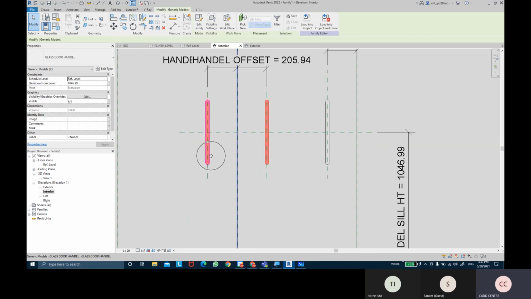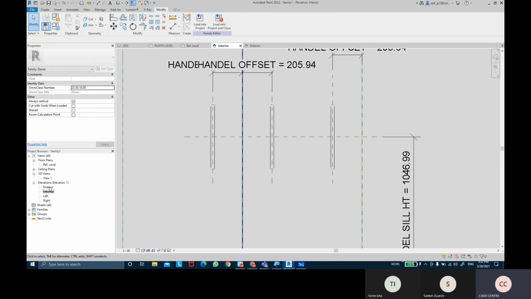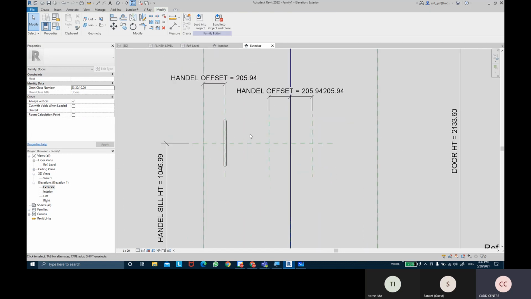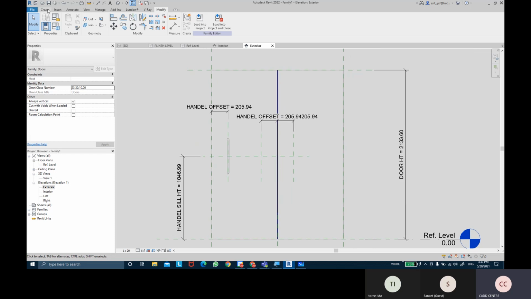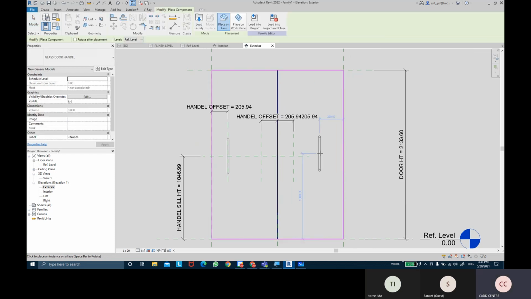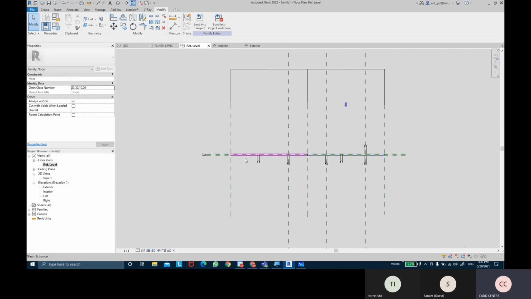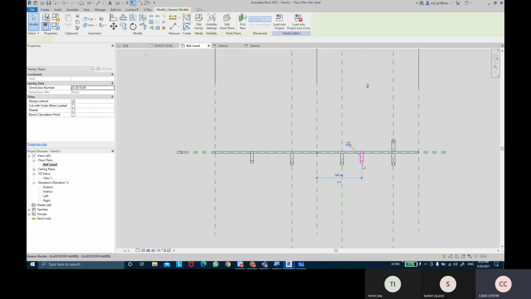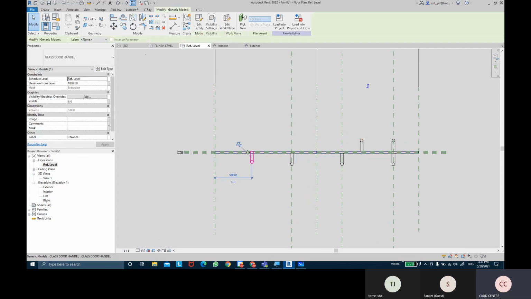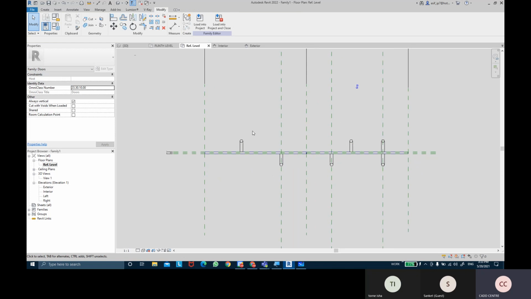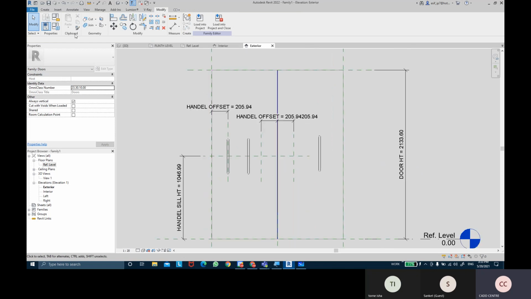Select this panel, and this will go into the visibility, but I'll do that later on. First, I'll add into the exterior side as well. Again, create component, add two of them. Back to the reference floor plan. They are facing the wrong direction, so I'm just going to flip it and flip it back to the exterior view and align it once again.